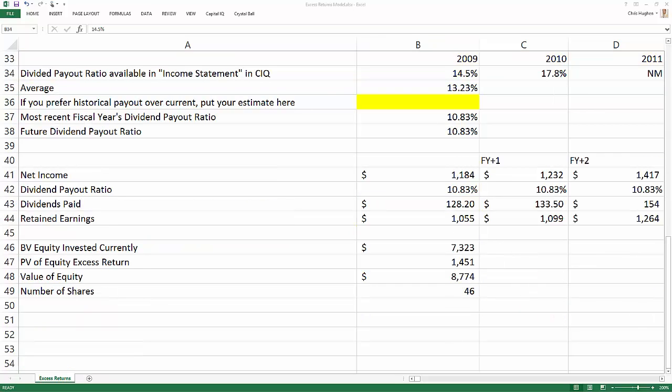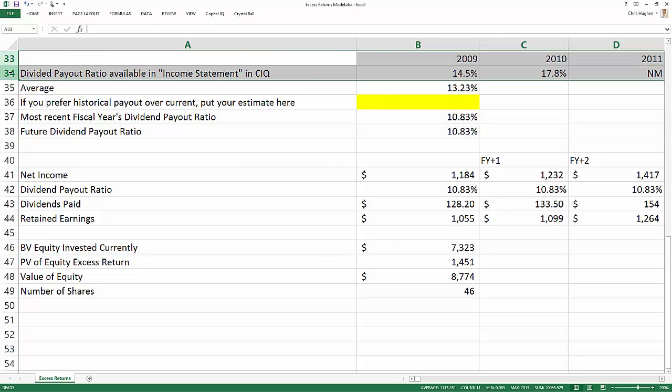Next, you need to make a decision about the dividend payout ratio, again, going forward. In cell B37, it's going to download the most recent fiscal year's dividend payout ratio. For Everest Re, this was 10.83%. Again, you need to make a choice between the most recent one or a historical one or another number. I like to take a look at the most recent fiscal years, but also take a look at what it was over the past 5 years to see whether the most recent fiscal year is reflective of what they've done in the past. You need to download the data in